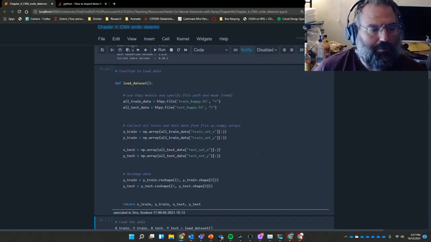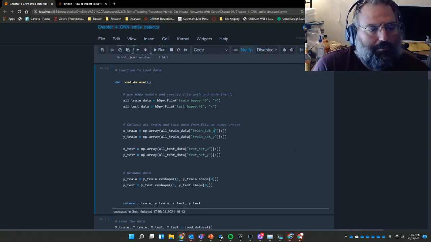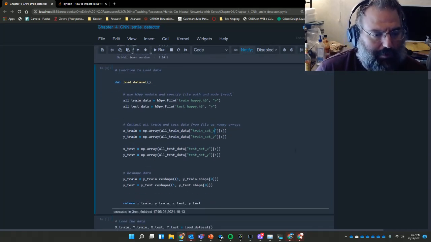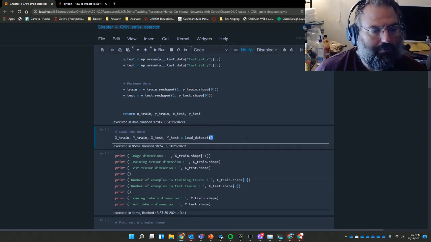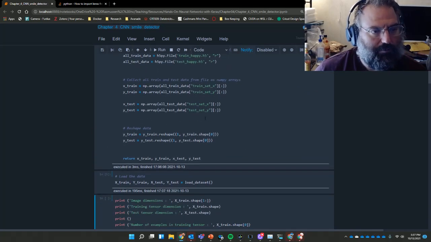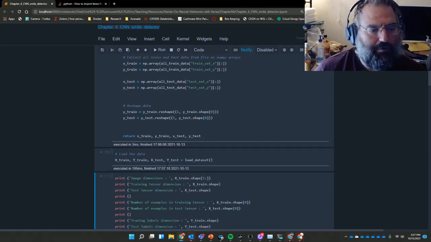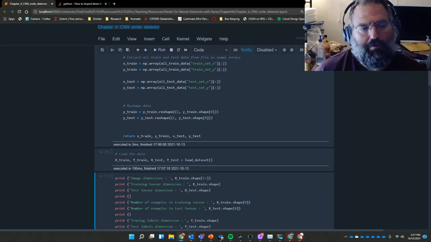We're able to load it, and then essentially we're coming up with what we normally do. You're splitting your data into test and train, so we'll go ahead and load. So this is just setting up the function that we actually call down here, and you're returning back a tuple